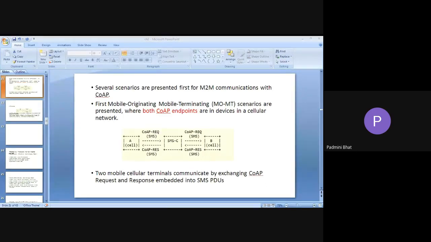So if it has to communicate to the outside world, then you have to use a proxy. Proxy is the one which converts from CoAP to HTTP. HTTP is the outside world. CoAP is for the very constrained devices, your IoT or M2M apps. So proxy is the one which converts CoAP to HTTP or vice versa, HTTP to CoAP, according to the requirement.